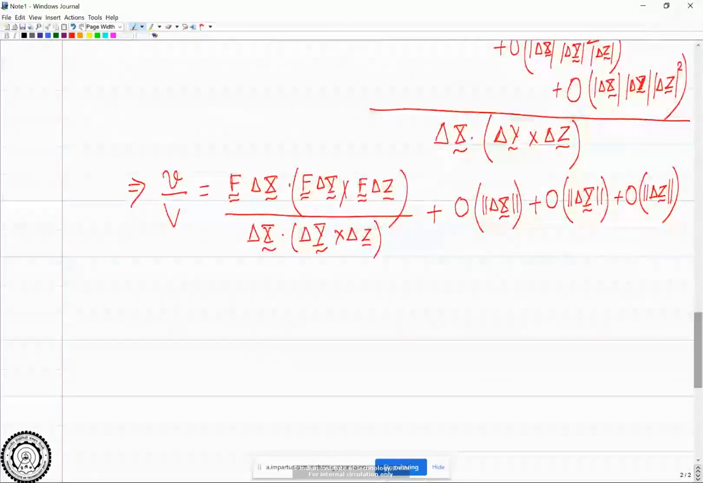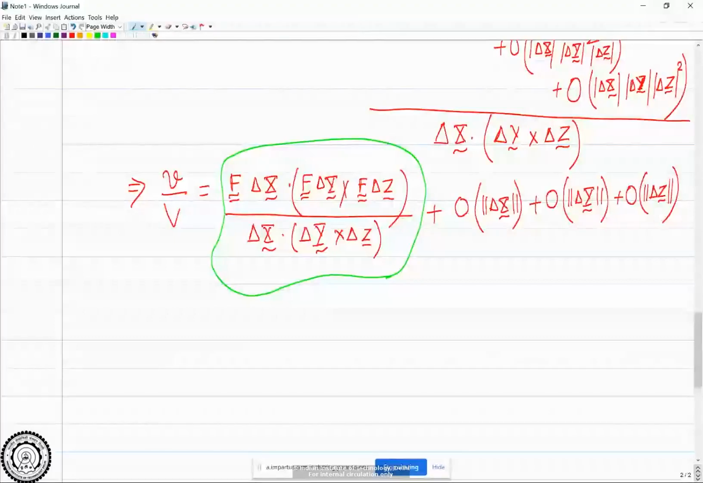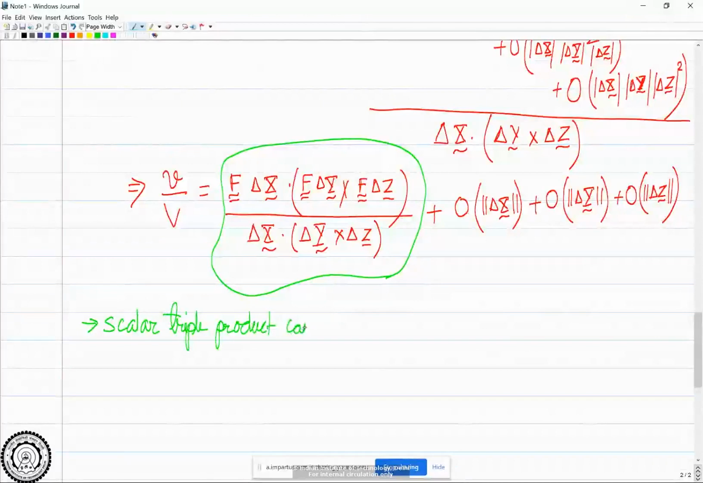And further have a look at this term here. What is this thing? So for that you have to know a correspondence that a scalar triple product can also be realized as a determinant of a matrix. Are you guys aware of this? A scalar triple product can also be realized as the determinant of a matrix